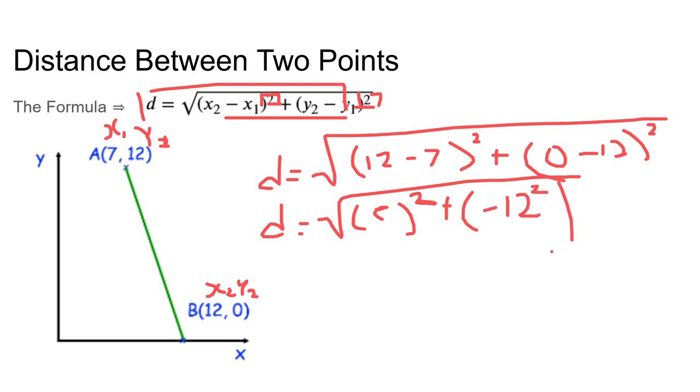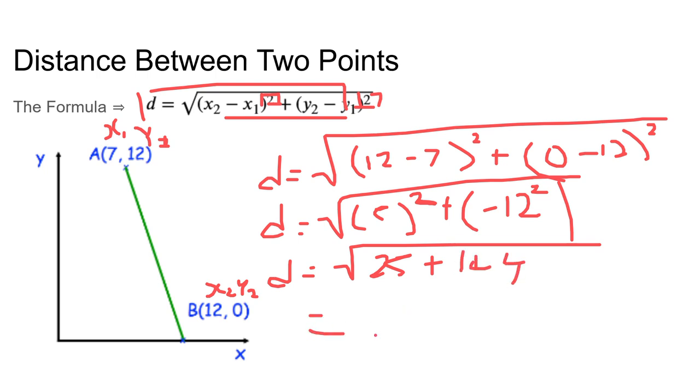Just pull up the calculator. 5 squared would be 25 plus 144. And the result would be, let's see, would be 13